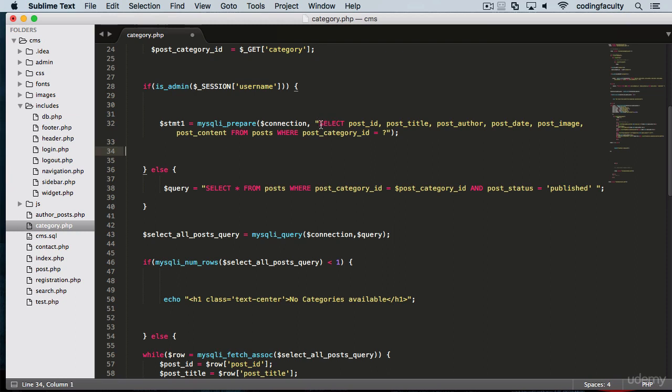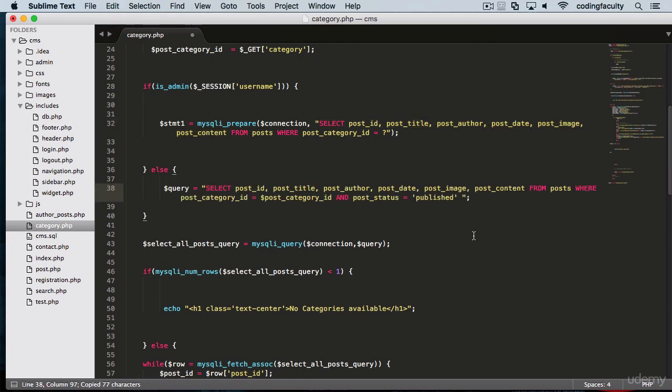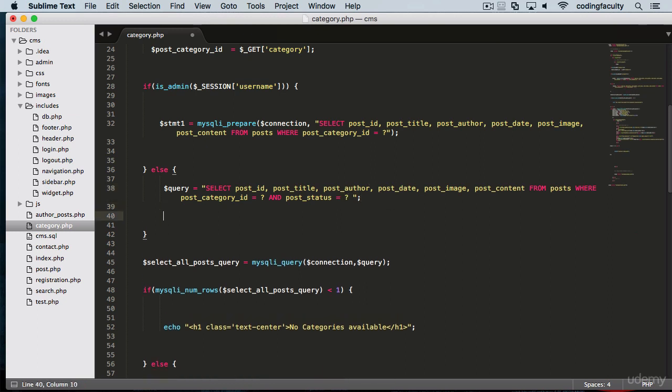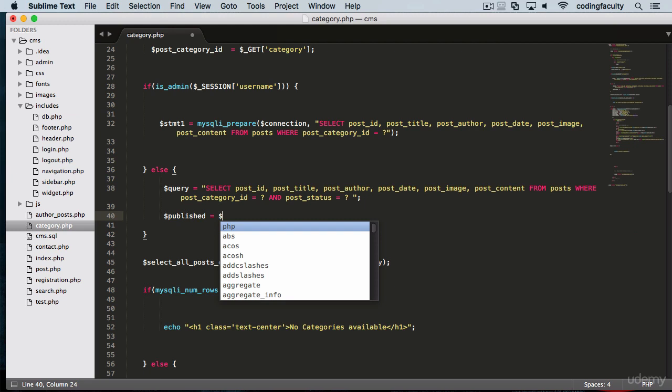What I'm going to do with statement number two is copy everything up to this point and paste it there. Now we have two conditions here. We first check to see if the category ID is the same, and we replace it with a question mark. We do the same thing with this published static string, which we are going to put in a variable here, because one good thing about prepared statements is that it doesn't take strings in some of the functions. So we need to